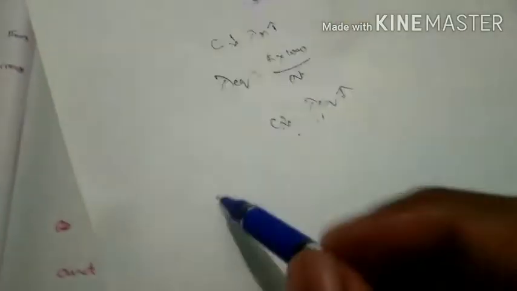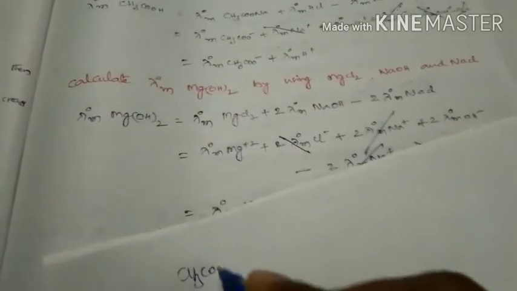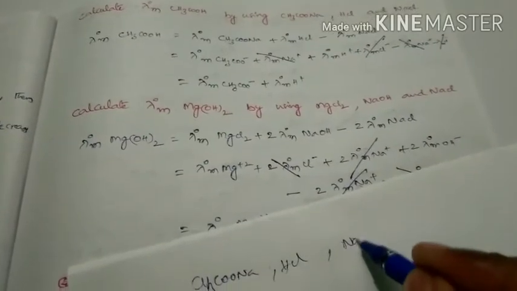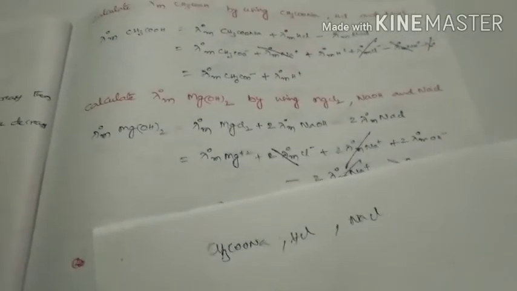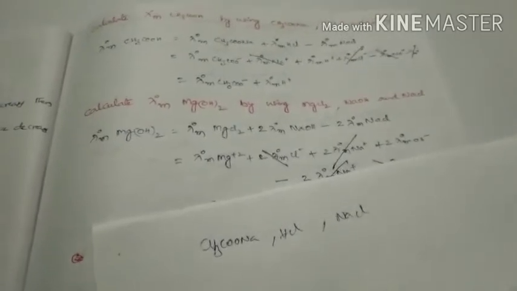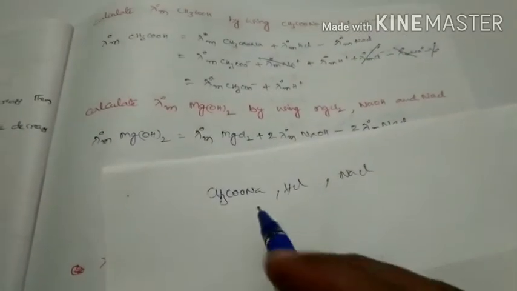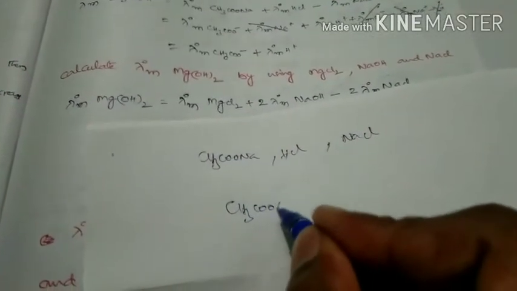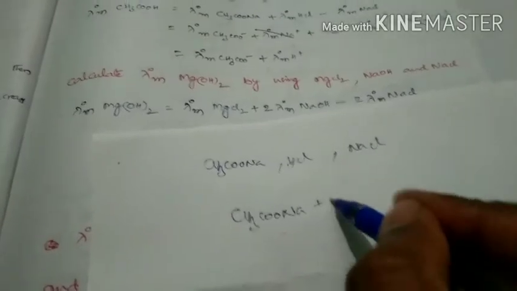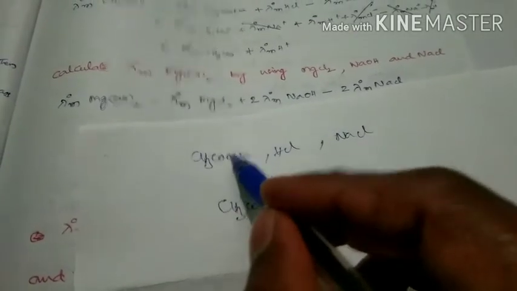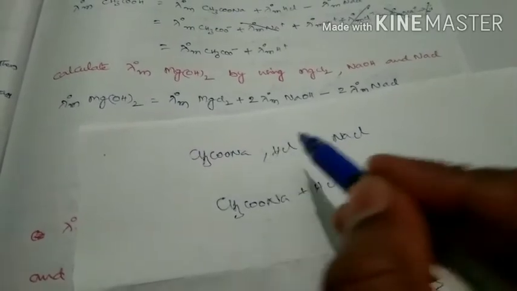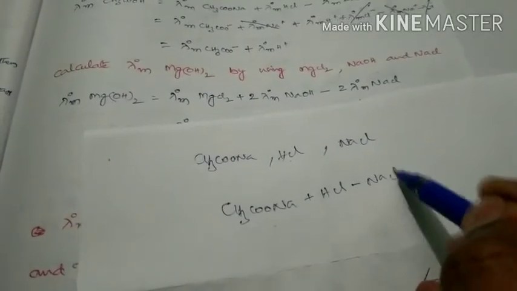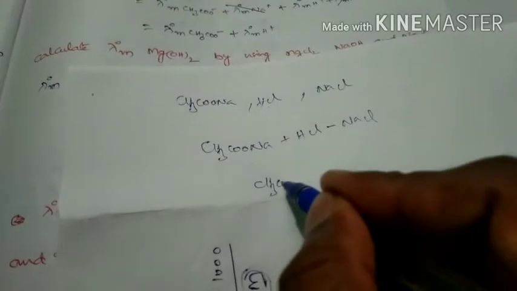See, which are given: CH3COONa, next HCl, next NaCl. By using these three we have to get CH3COO minus and H plus at infinite dilution or zero concentration. Suppose you add CH3COONa plus HCl, and subtract NaCl from these two, that means minus NaCl, then you get CH3COO